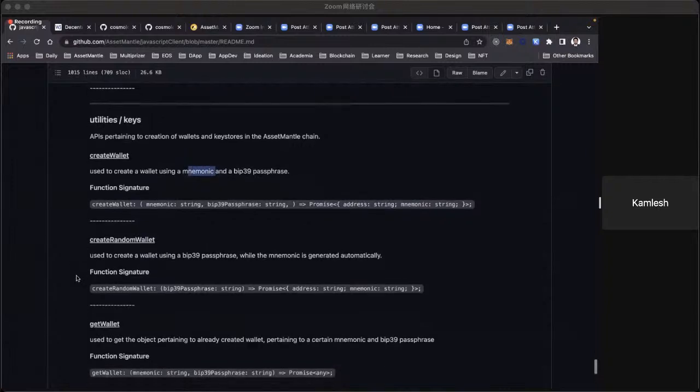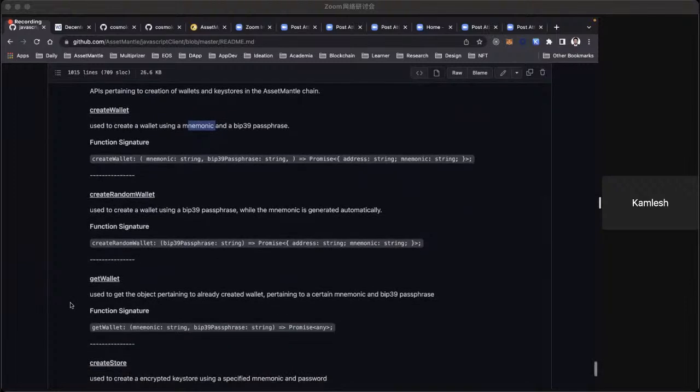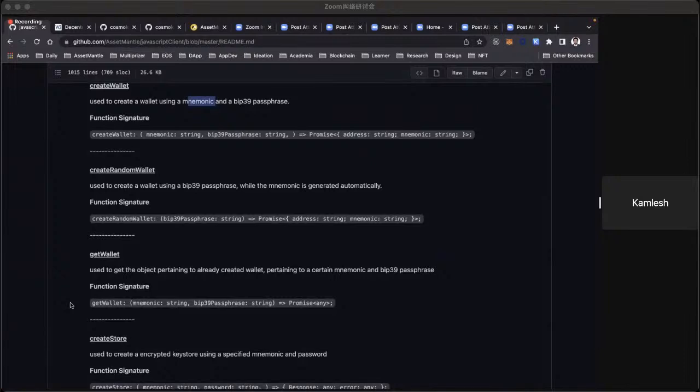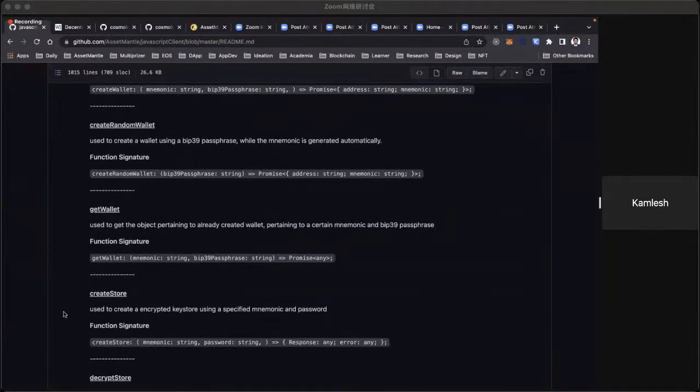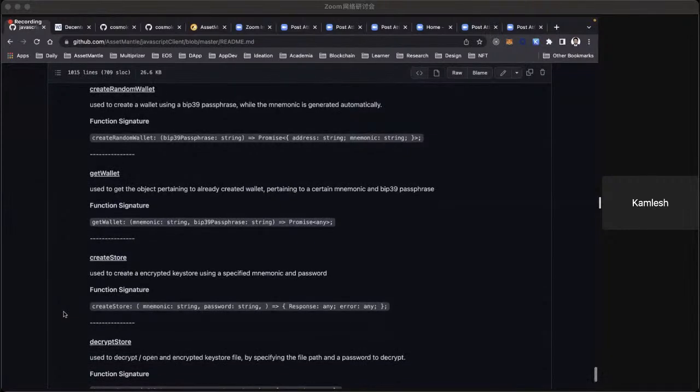And the second one is create random wallet, in which you are only providing the BIP39 passphrase and no mnemonic. So basically, it will generate a random mnemonic, and then it will use the optional BIP39 passphrase that you have provided on top of that mnemonic, and it will return back a wallet object. And then once again, there's a simple function called get wallet, in which you can provide the mnemonic and the BIP39 passphrase. And if there is a wallet that is already created,